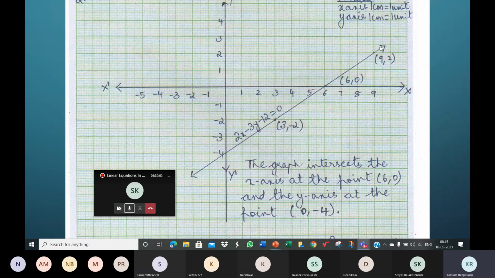See, if you connect the points and you stop here and you put the arrow here indicating it's a line, then you would feel that it doesn't cut the y-axis at all. It's a line. Please produce it. Make sure it cuts the y-axis and then you stop. Here you can stop.